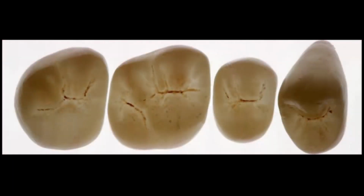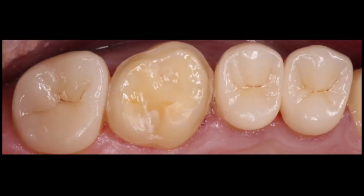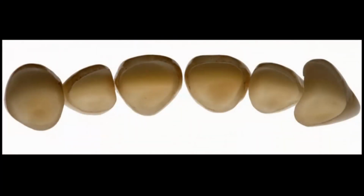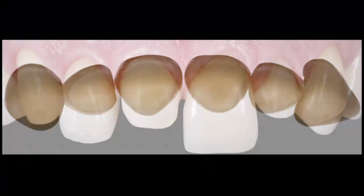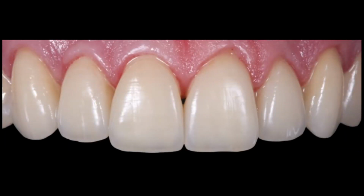We can now segment our whole treatment into different steps. I did a slight preparation. I always try to keep above the equator. If you access the undercut, you are very invasive. Always try to keep above the equator. So Oliver did a very nice job. These are monolithic lithium disilicate restorations. In the anterior aspect, we were using the cutback technique. Oliver used the cutback technique, and we were using what we call a full wrap veneer